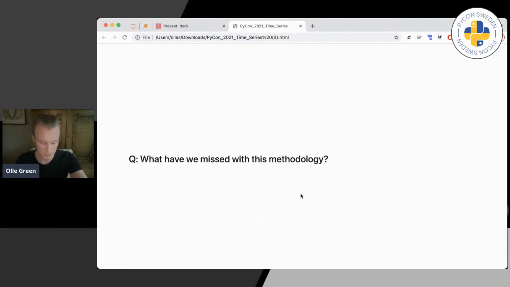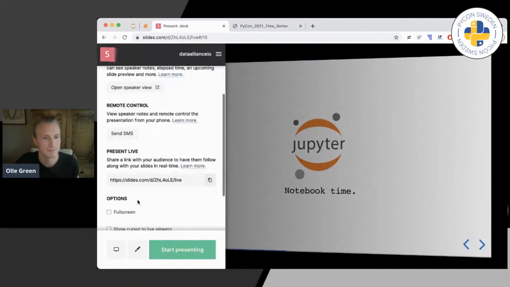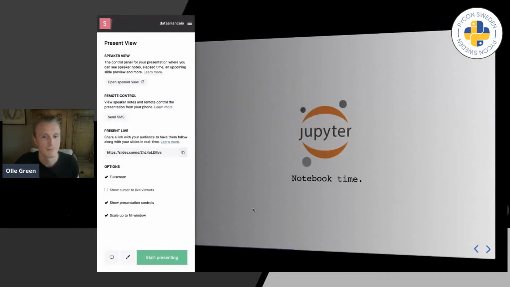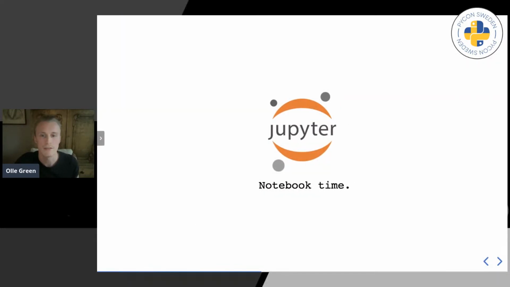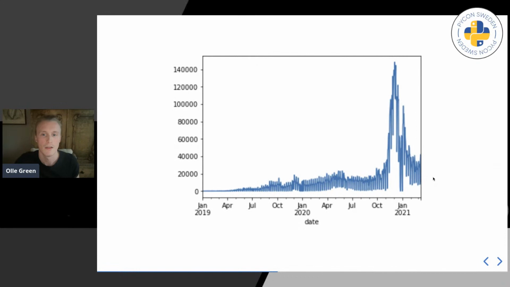But now we come to an interesting point, which is, what did we miss in this methodology? So let's go back to our deck real quick. And here, I think that should be it. Yes. We did miss a couple of things. First of all, we took 10% of the end of this data set and just used that as testing data. And as you can see here, we're training the model on a very similar looking trend, and then we're testing it on a very different type of scenario.